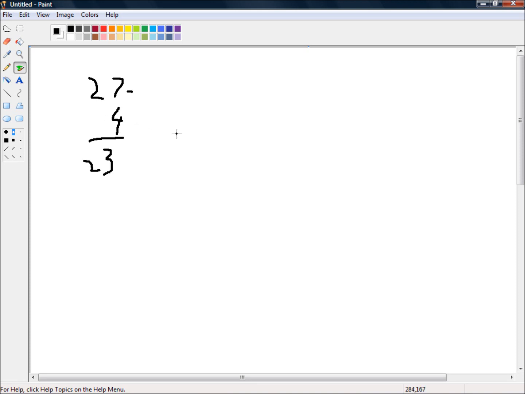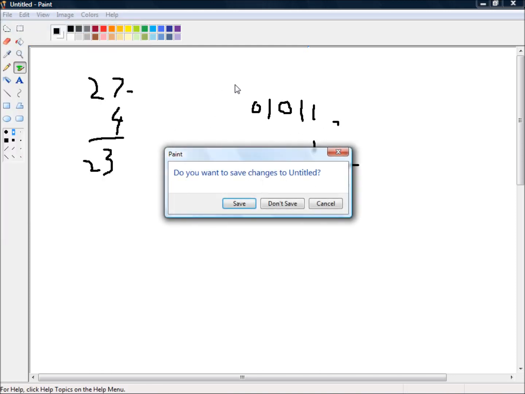Well, one way is to have completely different circuit pathways to teach a computer how to subtract. And some of the more complicated computers do actually do that. We could take a binary value and subtract another binary value, and we get the answer, as simple as that. Another way, and a cheaper way, and the way that's preferred in computer architecture,